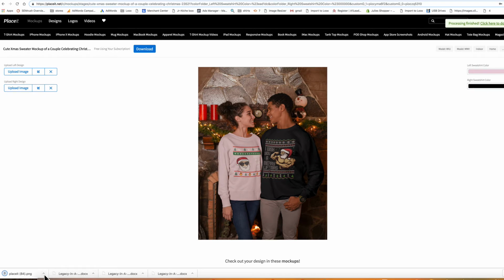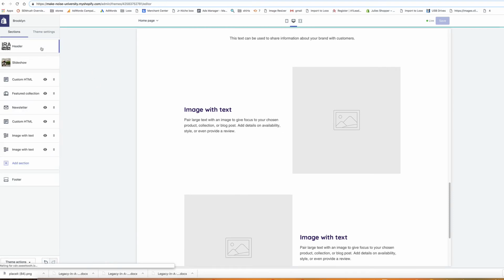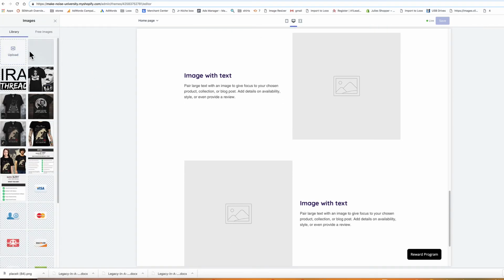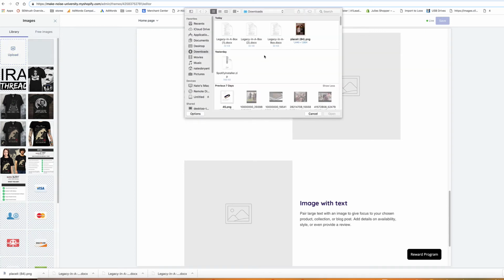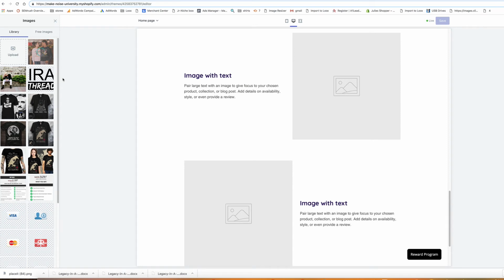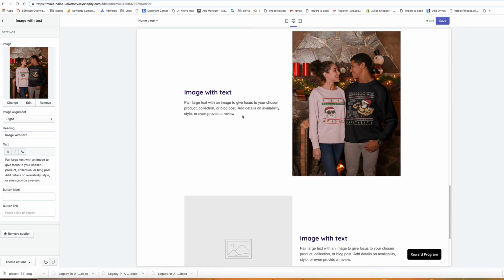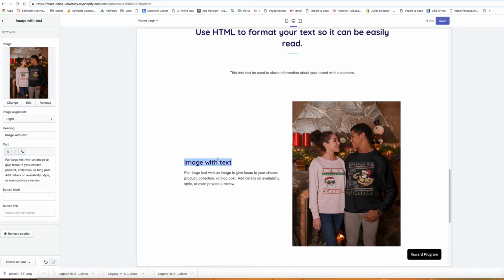Right. So now we download it, and I'm going to go right back here. Now we're just going to go ahead and add our image with the text. Right, there goes our image. Then we'll go ahead and select. Right, then I'm going to move right here. So image with text, instead of that, I'm going to say